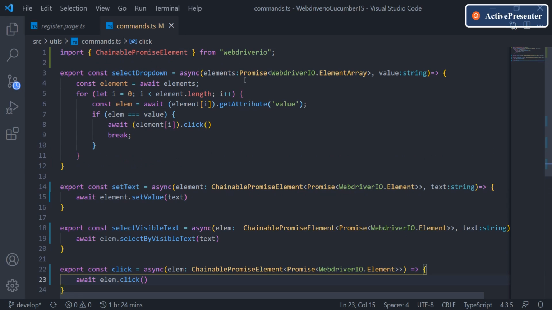Now for this element, it expects multiple elements, not a single element, multiple WebDriver elements. So we were writing one await here and then another await in multiple places, right? Just to avoid multiple awaits, we were writing one here.